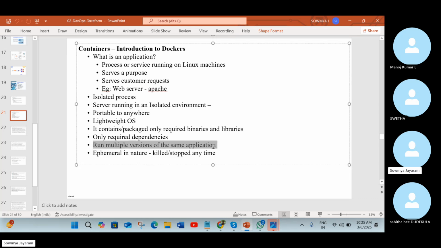How can you achieve multiple versions of the same application? I create one application and push it to my Docker Hub.